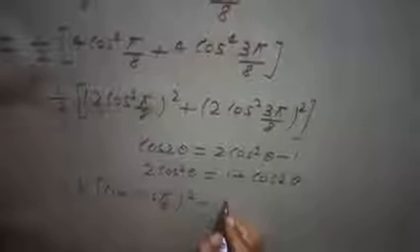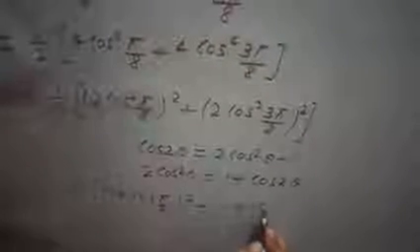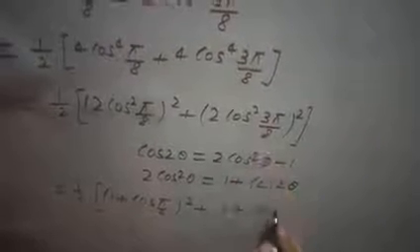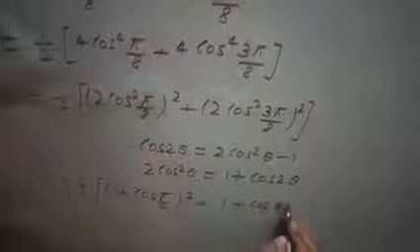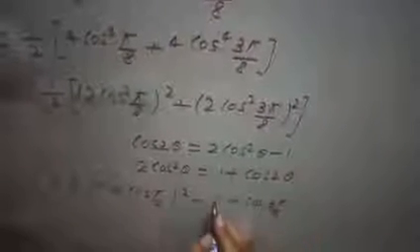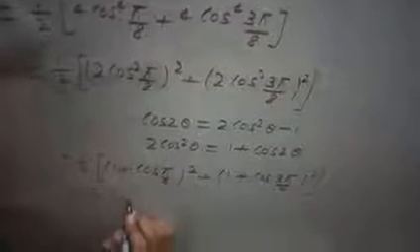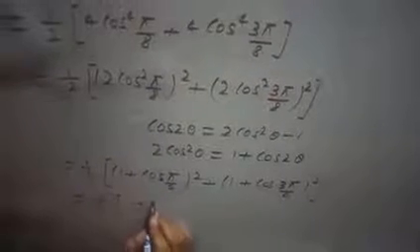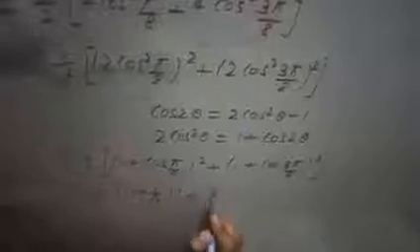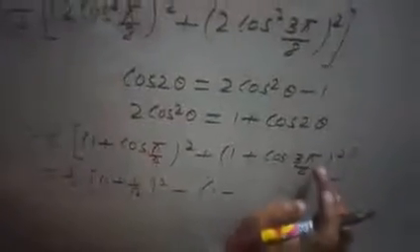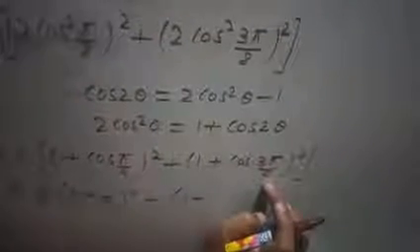Similarly here 1 plus cos 3 pi by 8, that is 3 pi by 4 whole square. So 1 by 2, here 1 plus the value of cos pi by 4 is 1 by root 2 whole square, plus here 1. Now cos 3 pi by 4, so pi is 180 by 4, that is